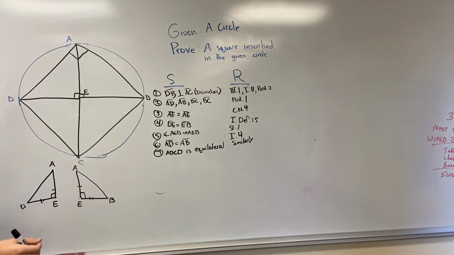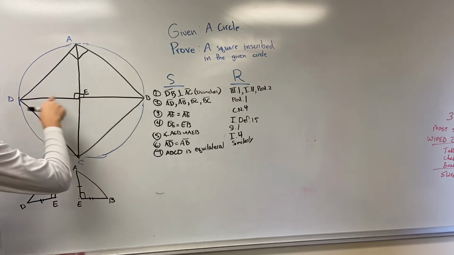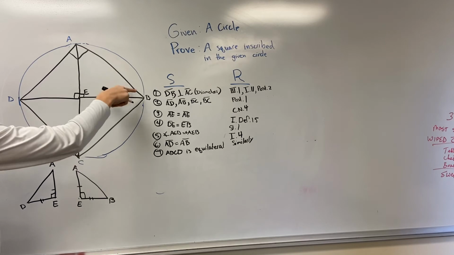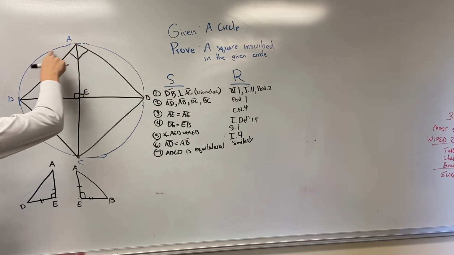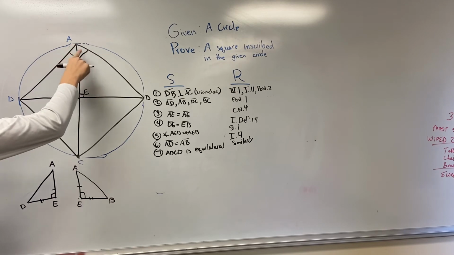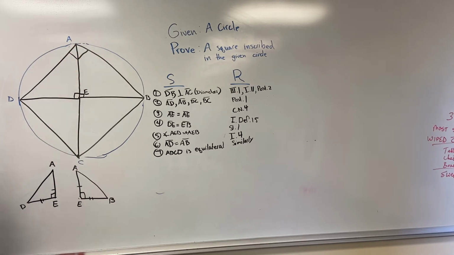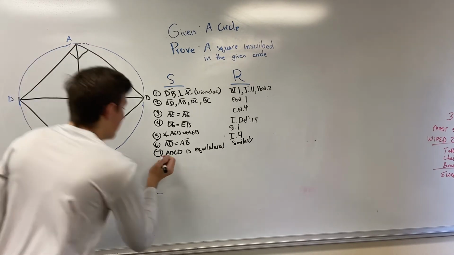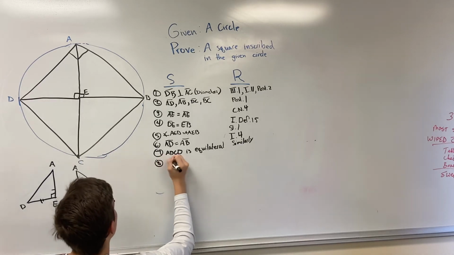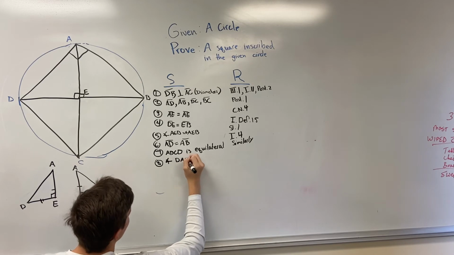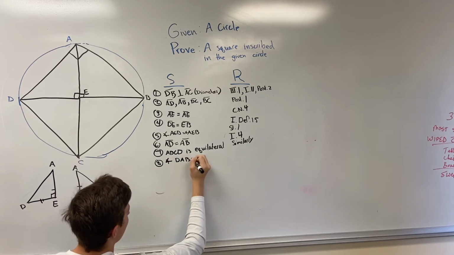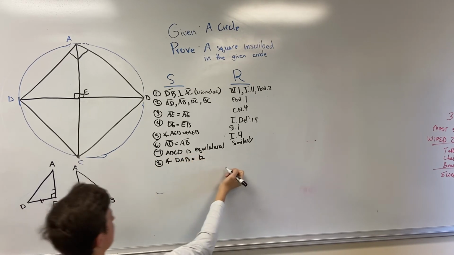Because Book 3, Proposition 31 says if you have a semicircle, which this is the diameter, so that makes this a semicircle, in a semicircle, any given angle on a point on it is a right angle at that point. So we can say that angle DAB is a right angle because of Book 3,